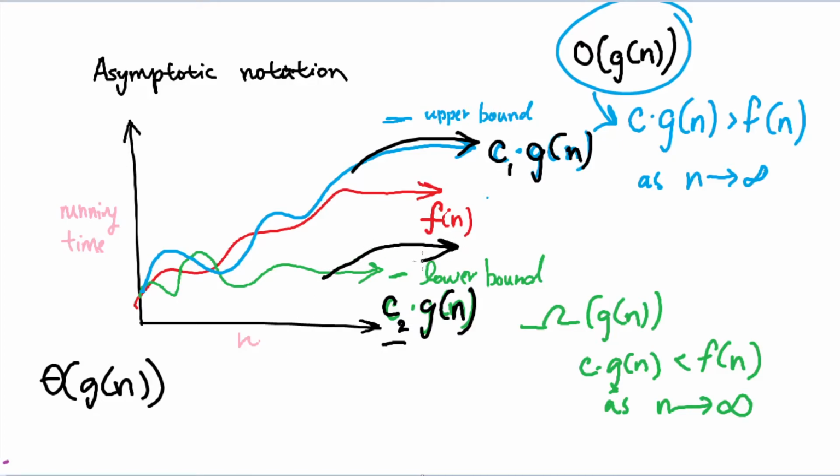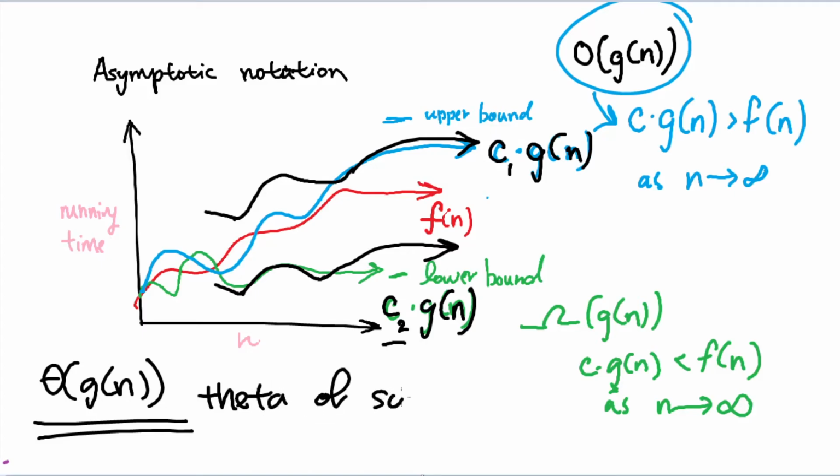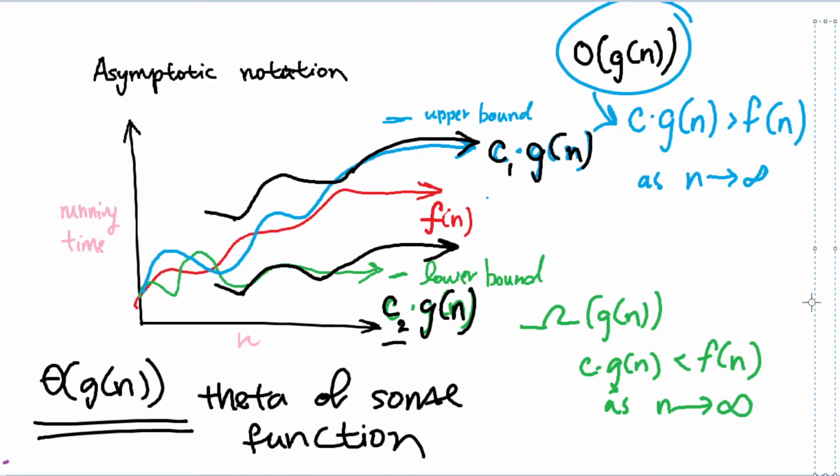So in this case, they're going to behave the exact same way, right? But just stretched slightly differently. And so that's the concept of theta of n. So theta of some function. It's quite neat because it creates an upper and lower bound and it gives it in those terms. We'll go to a little bit more complicated example a little bit later, but just for